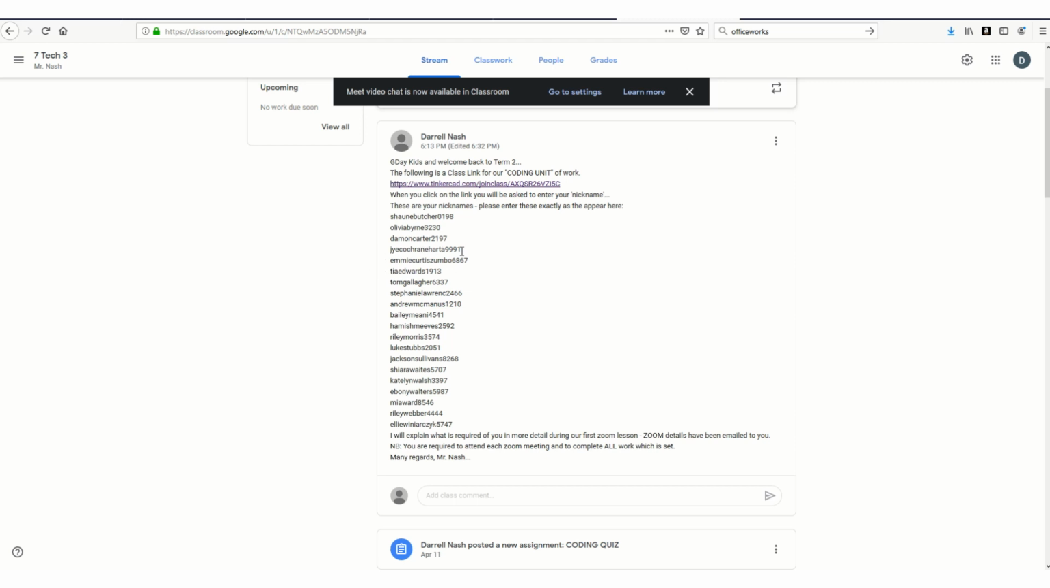Let's say I was Jai. I would highlight that, hit Control C for copy, because that's your nickname. It's like a password that you're going to need to get into your particular class for this coding unit of work. So now that I've done that, I'm going to click on